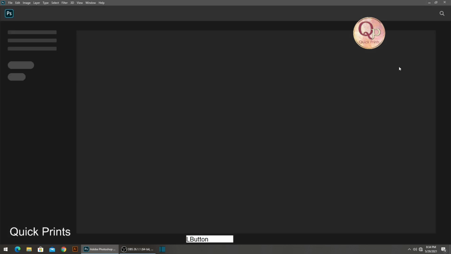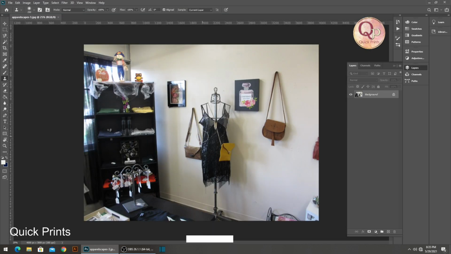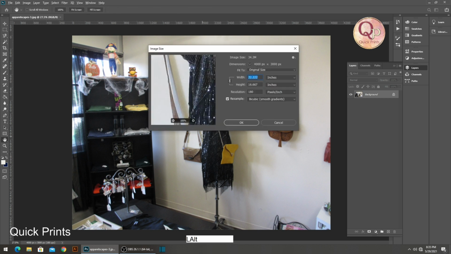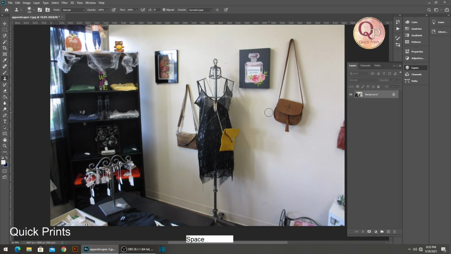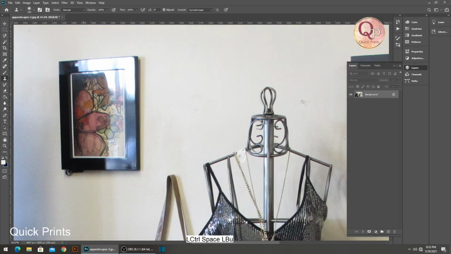This has been saved. Now I'll use this. This is a random image downloaded from the internet. You can find the link of this image in the description box, even though all 4 images which I have used. Let me make the pixel 300 first. Resolution should be 300. The target is to remove this bag and this frame from this image, right?